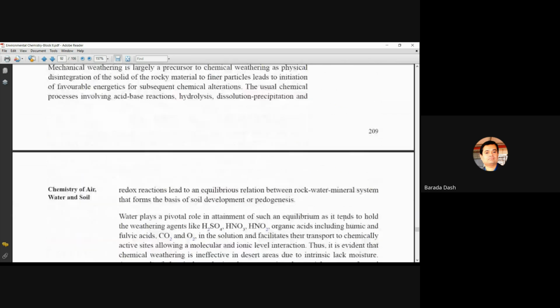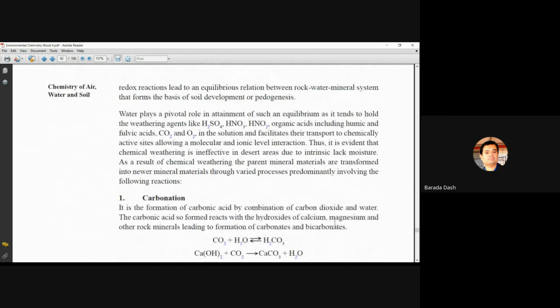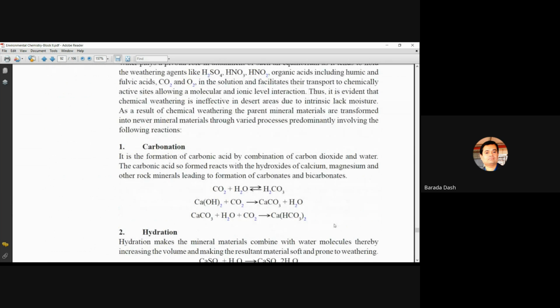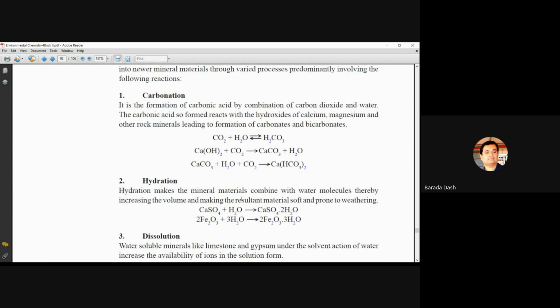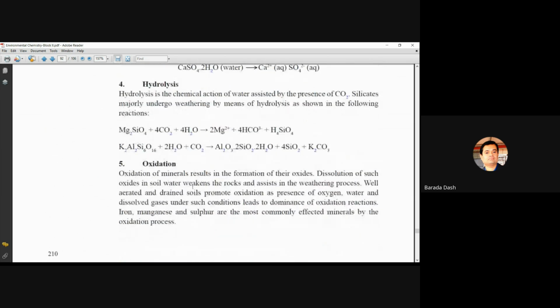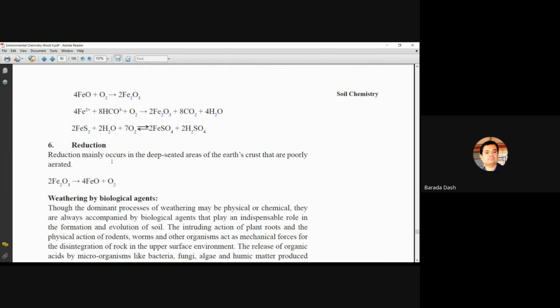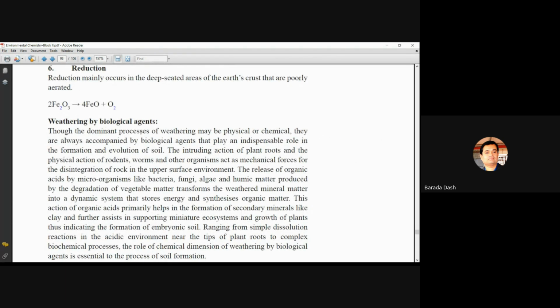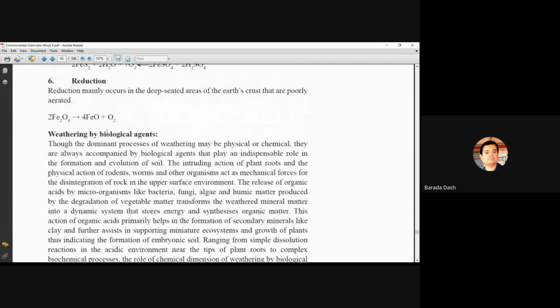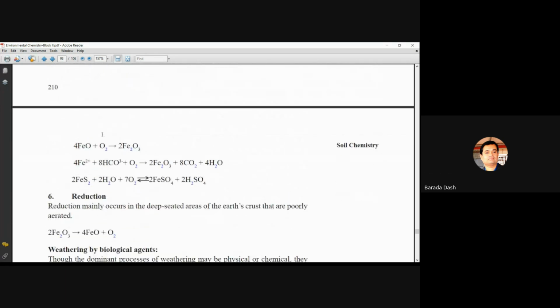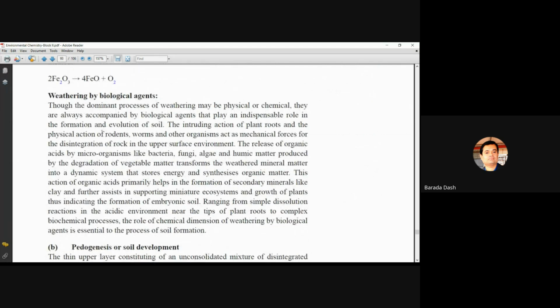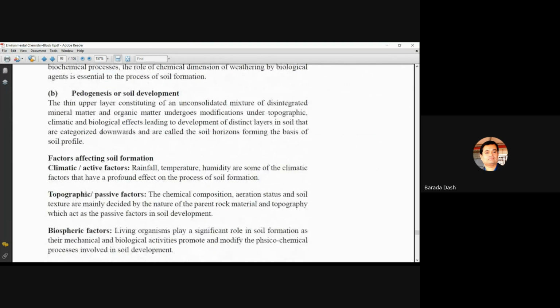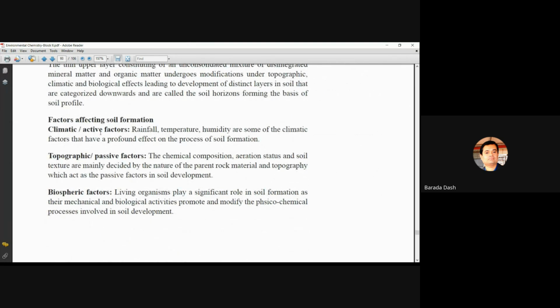The soil formation process primarily involves carbonation, hydration, dissolution, hydrolysis, oxidation processes, and reduction processes. Then weathering by biological agents also: in addition to these chemical processes, weathering can also be done by biological agents. Factors affecting soil formation: climatic factor, topographic factor,